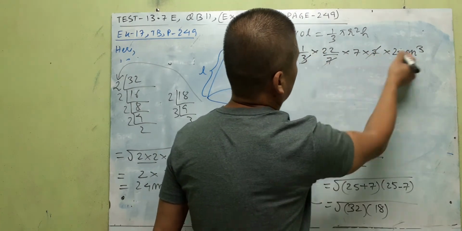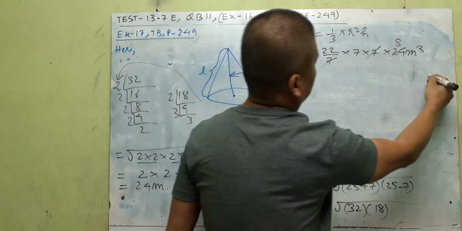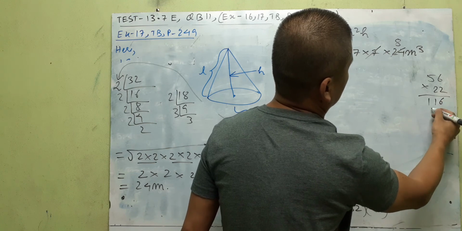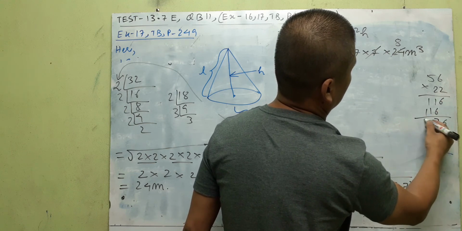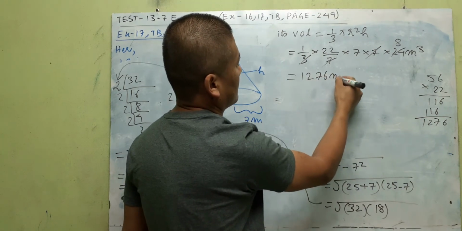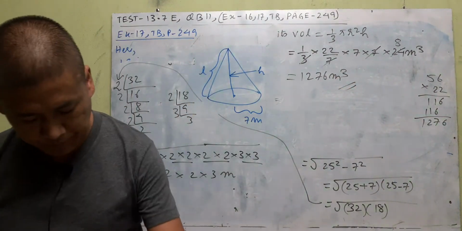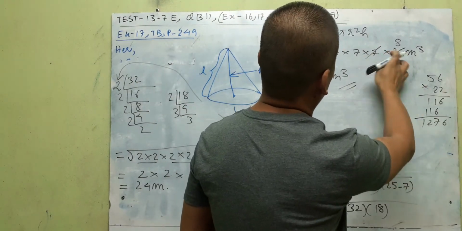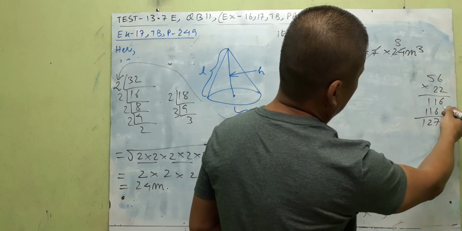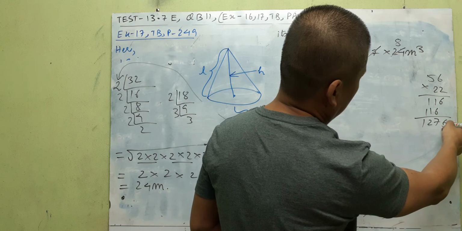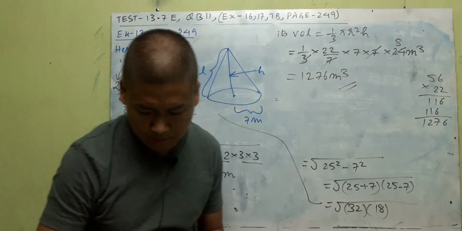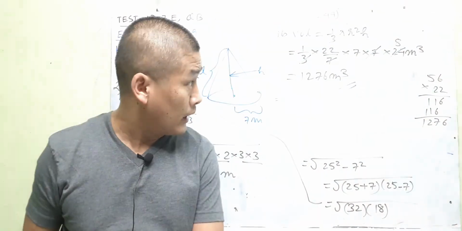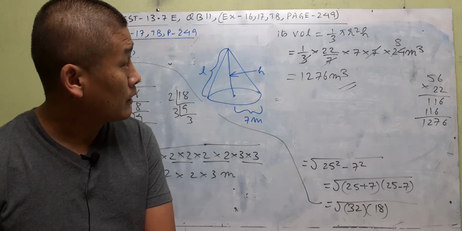7 and 7 go, 3 8s are 24, and 8 7s are 56. Multiplied to this, 22 is our answer. 2 6s are 12, 2 5s are 10, 11, 6 1 1, 6 7 2 1, 1 2 7 6 meter cube. Okay, some mistake has gone, I think. Wait, 7 8s are 56. Multiplied to 22, 2 6s are 12, 2 5s are 10, 11, 6 7 2 1. Okay, so this should be 1/3 pi R square H. Yes, up to here is correct. 7 7 cancel, 3 8s are